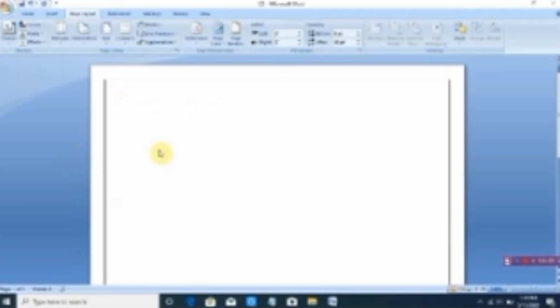Okay, this is the default page. When we create any Word document, by default the size of the margin is 2.54.